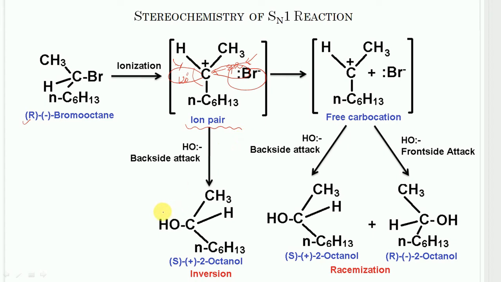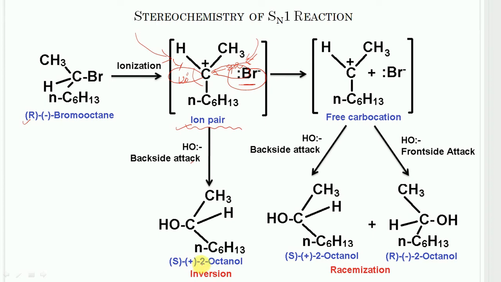So if the attack of the nucleophile is fast, it presumably occurs on the ion pair, where the departing halide ion almost shields the front side attack of the carbocation in the ion pair from the nucleophilic attack. As a result, the attack will prefer from the backside and produce the inversion of configuration, that is the